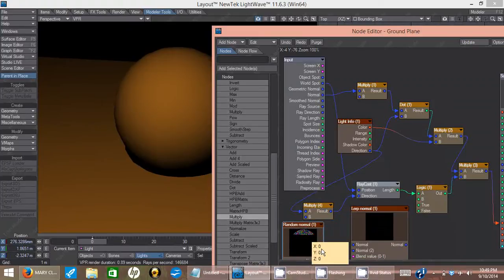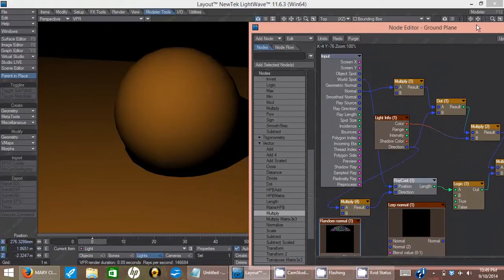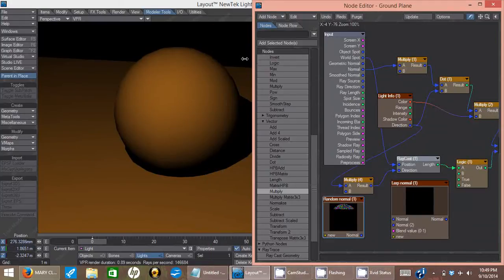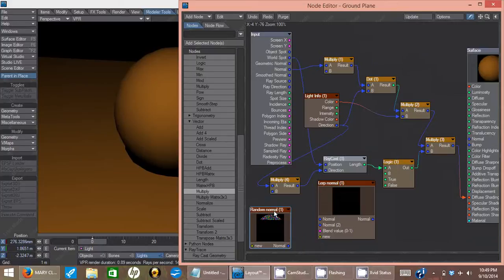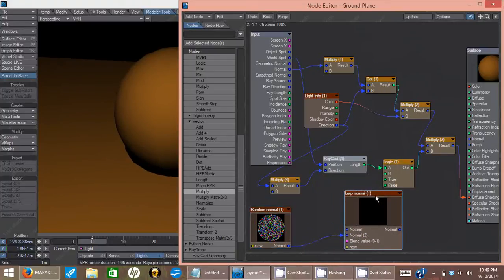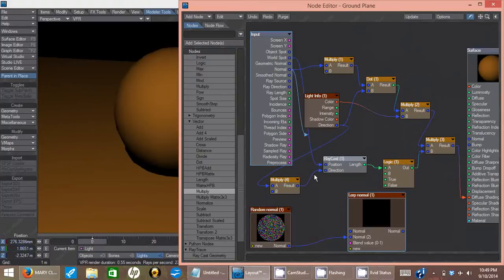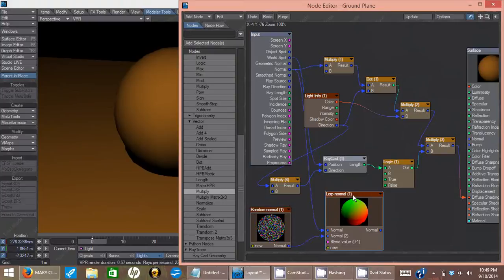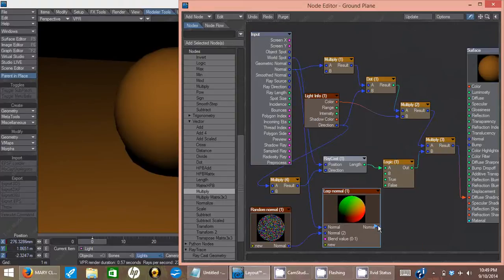We're going to plug this random normal in as one of the parameters, and we're going to plug the normal from the surface of our spot that's being shaded. That would be the normal from our inputs right there. We're going to linear interpolate between that and the random normal. We're going to take the output and plug it into the,